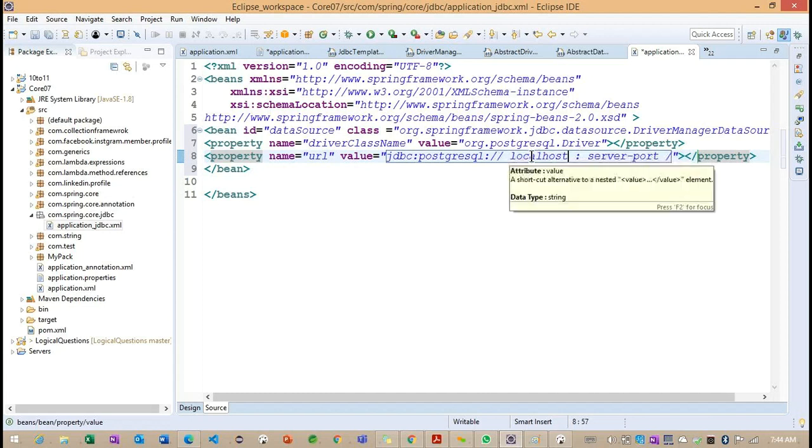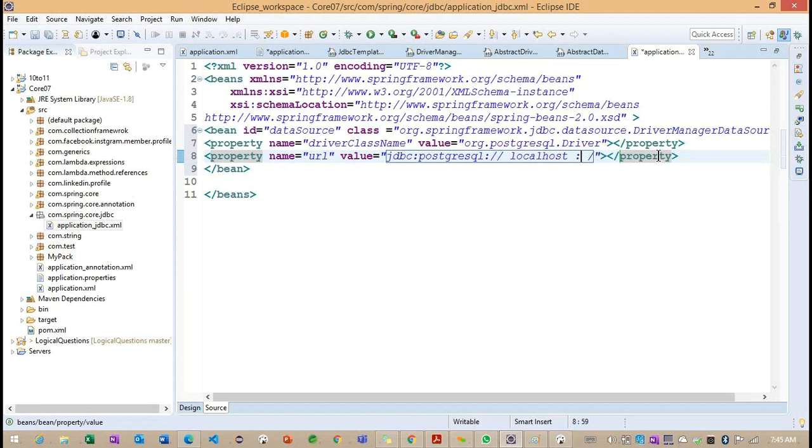Everything stays the same other than localhost, where we provide the IP address. And after localhost, it expects a port. By default, Postgres runs on port 5432.